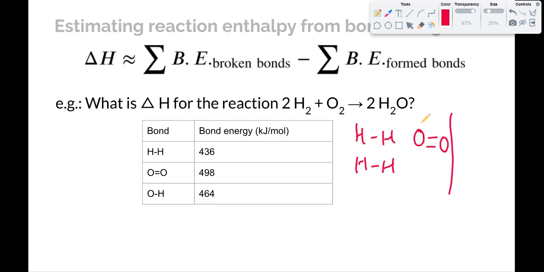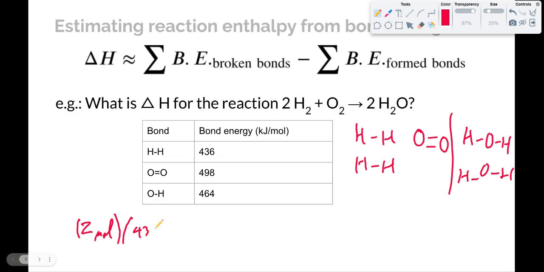That's going to be an input to the system. The output to the system is we're going to make two waters, and each of those has two OH bonds in it. So the sum of all the bond energies for the broken bonds is going to be 2, and this is actually 2 moles, because these are kilojoules per mole quantities here, times the bond energy of an HH bond, which is 436 kilojoules per mole,